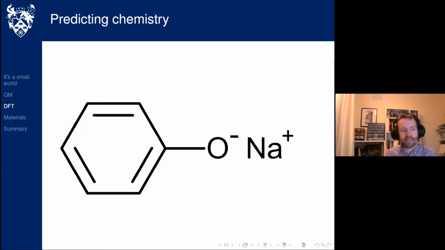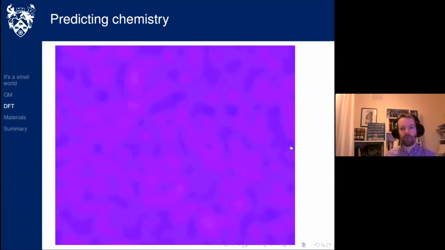Now, why am I showing you this? Well, I'm showing you this because I'm going to show you the result of doing a density functional theory calculation. I'm going to run the calculation like this. I'm going to throw a bunch of electrons into a sheet, with the nuclei for these atoms in this structure in the middle of the sheet. And then I'm going to tell a computer, lower the energy. So I'm going to throw the electrons in randomly. There's my random throwing in.